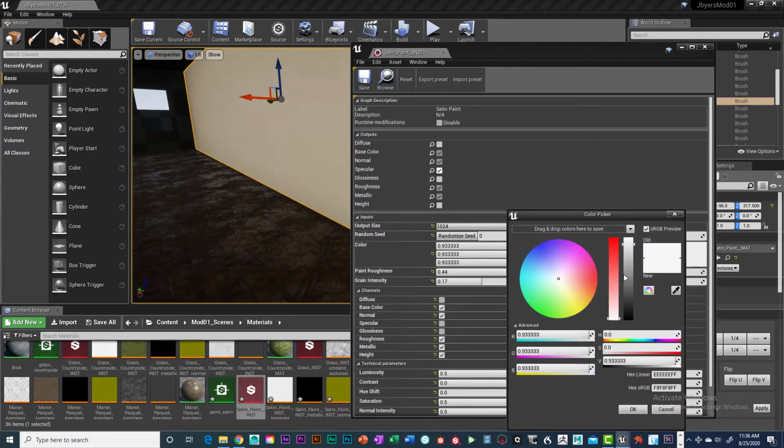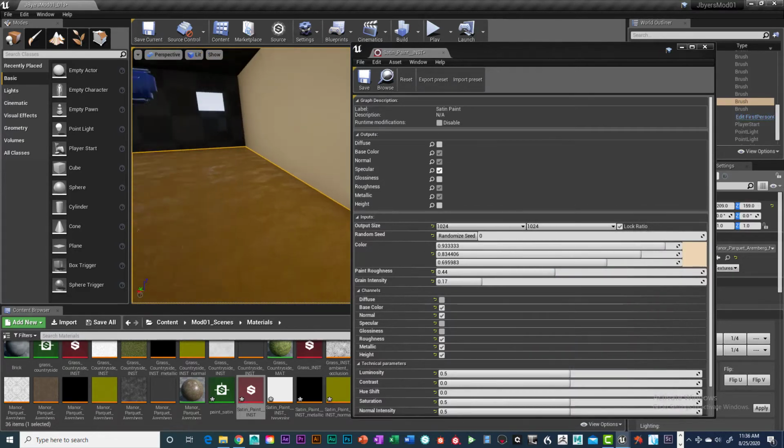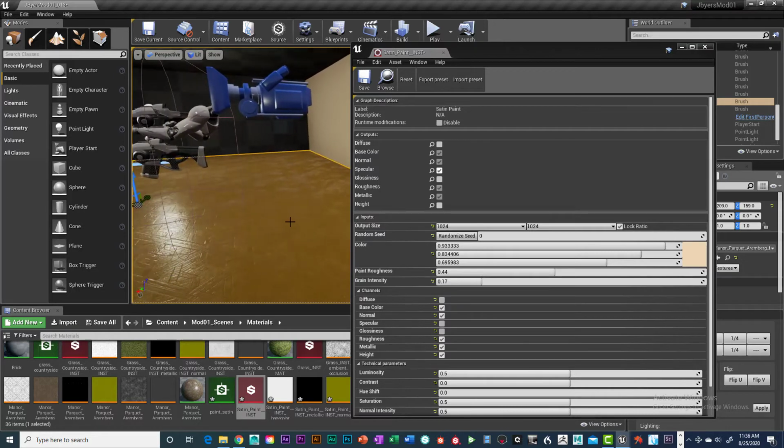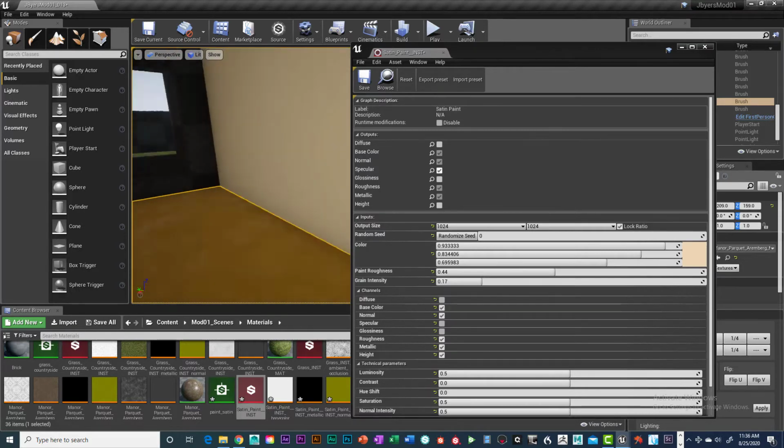Color. Pick a color. So let's go ahead, and this is where we can pick our color. I'm going to do kind of an off-white, more of a brownish color. If I can get it over there. Get browns. Look, it's going to take a little bit of doing here. Okay, I think that looks pretty good. I just don't want it to be white. There we go. That looks good. And it's a satin, so